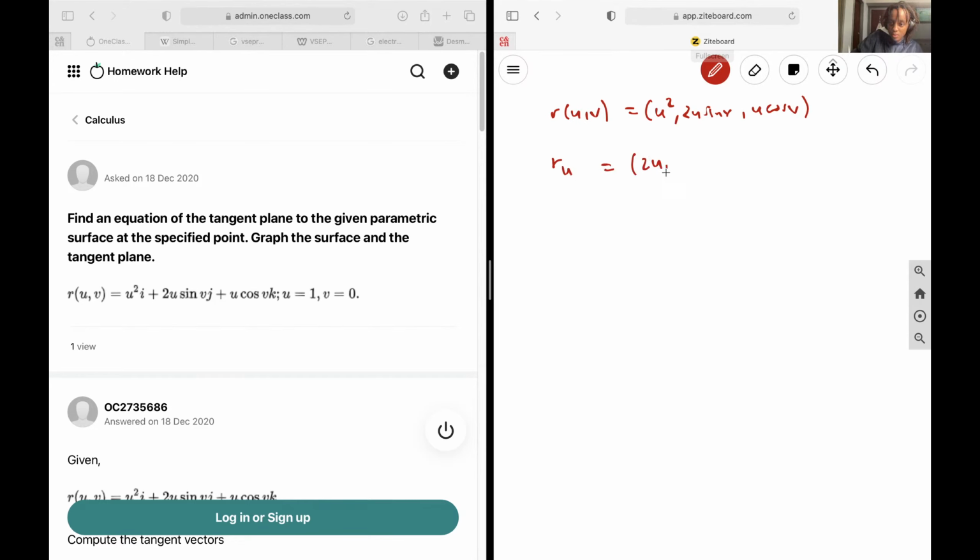Ru is going to be 2u, 2 sine v, cos v. Rv is going to be 0, 2u cos v, negative u sine v. Next up, we are going to want to cross them. And so Ru cross Rv